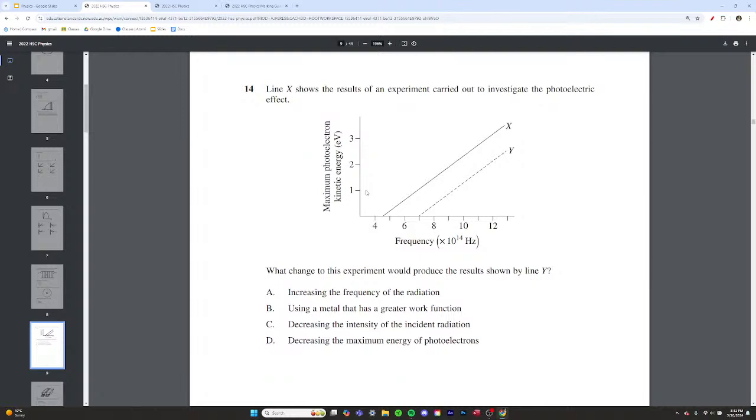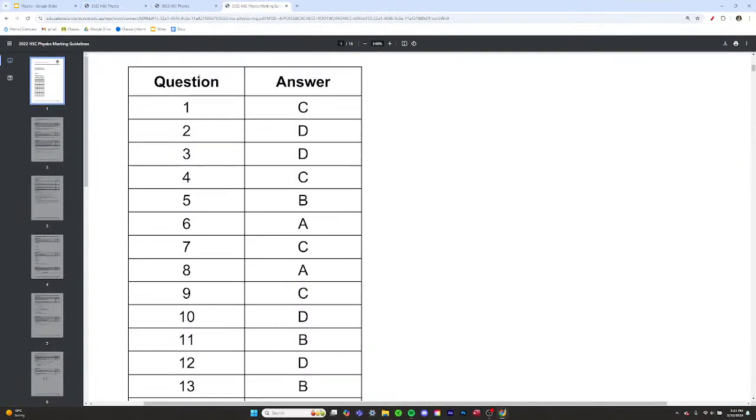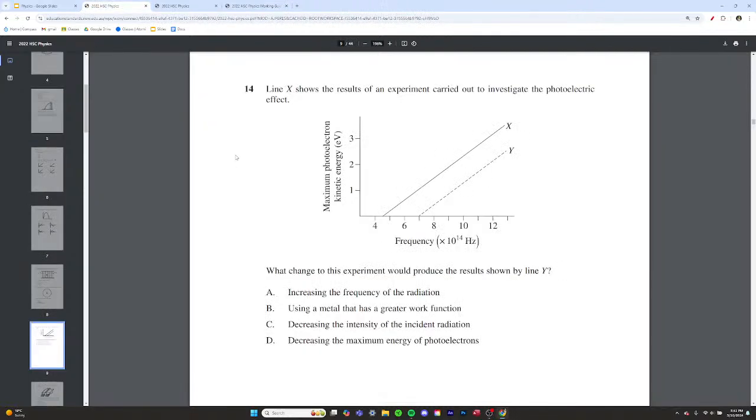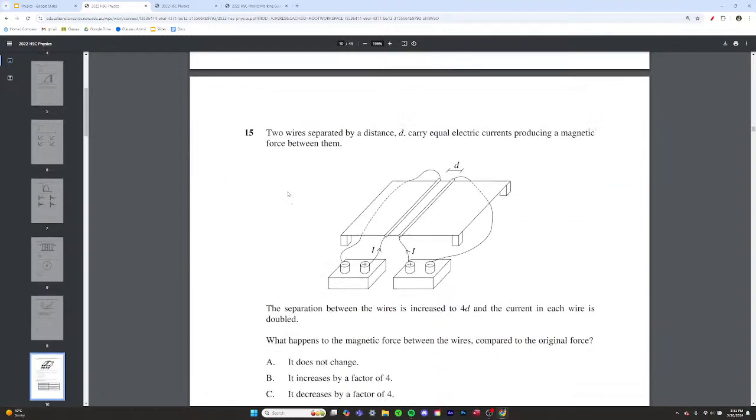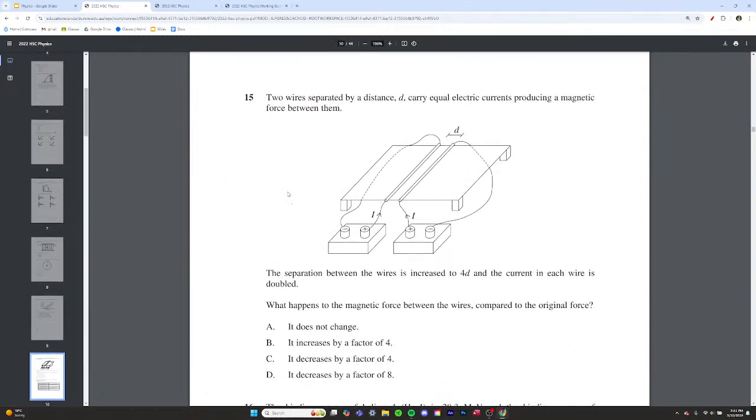That's 14. Right now we're on a good track. We only got 3 wrong. If I were to guess, I'd guess C. Always go for C. It was B. 2 was